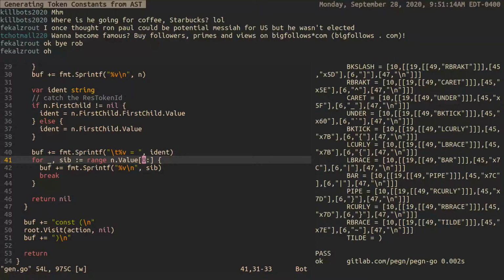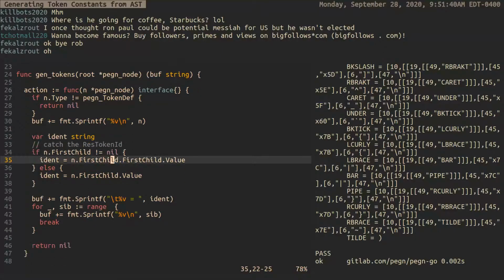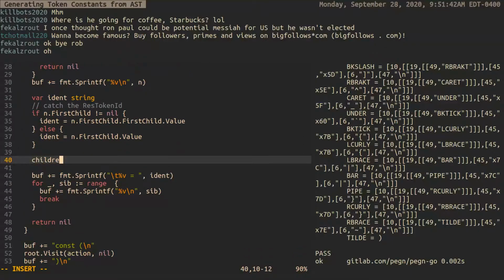It would be the second child of the token def. So yeah. I guess what I could probably do is just grab the children. That's what I probably should do. From the parent, the first child's parent children. Because we're always going to skip over the first one. So yeah, I could probably do that. So children equals n dot